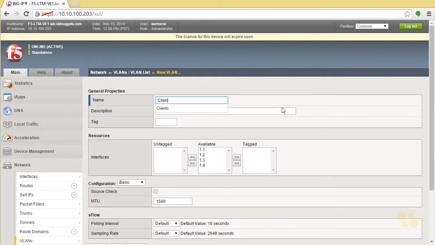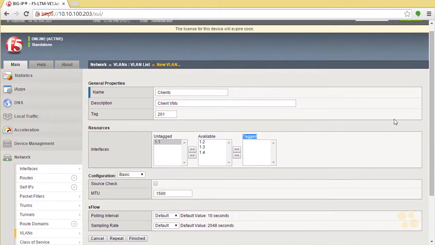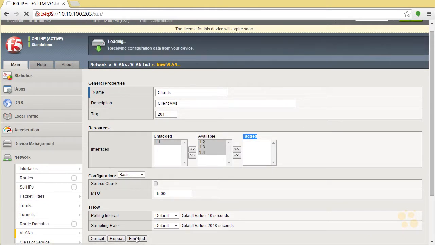So let's just make one called clients. Client VMs, and this will be 201. Okay. Now, notice my interfaces right here. I can do it either untagged or I can do it tagged, and it's just by virtue of which of these arrows that I hit over here and which interface that I pick. So this would be 1.1, and I will do it as an untagged interface over there because I don't need to do really anything else festive for it at all. So we'll go ahead and have that, and that's really about it for the settings that I'm going to care about. Alright, so with that being said, I can go ahead and click Finished on there, and it will create